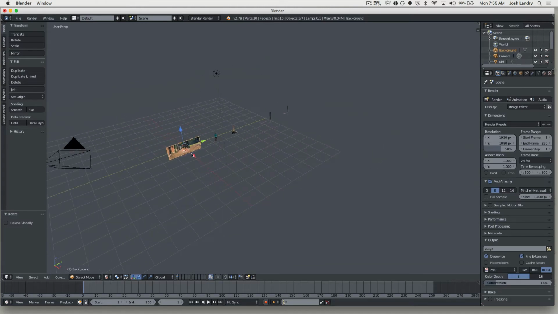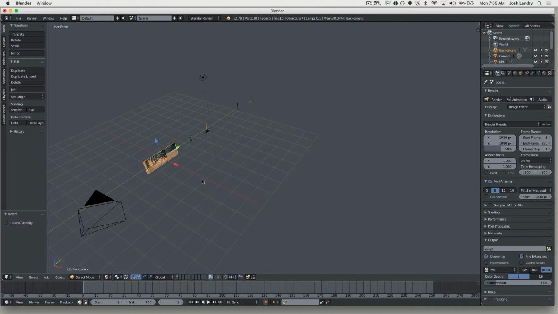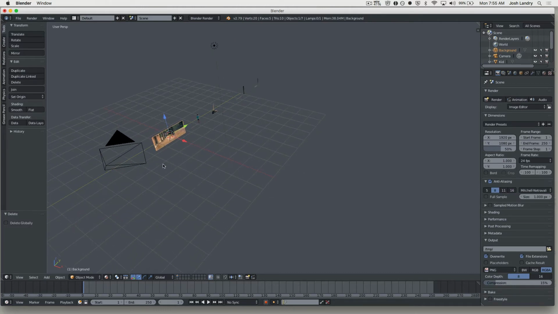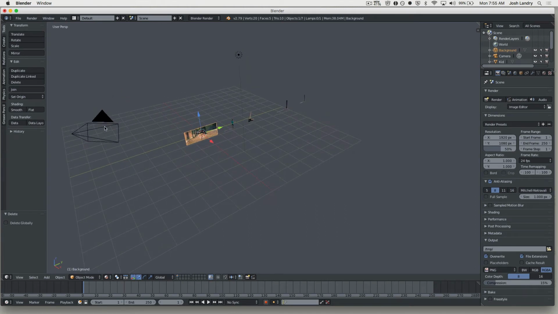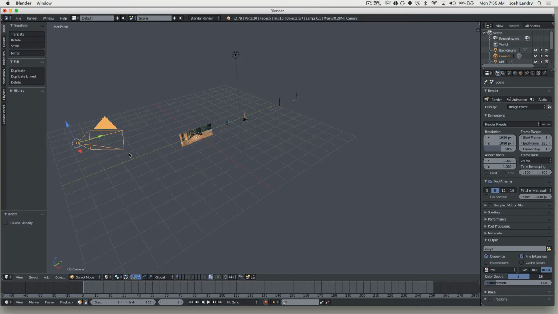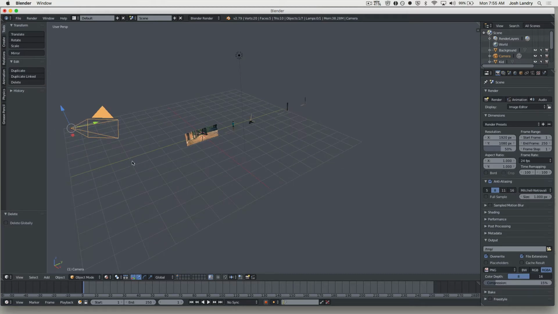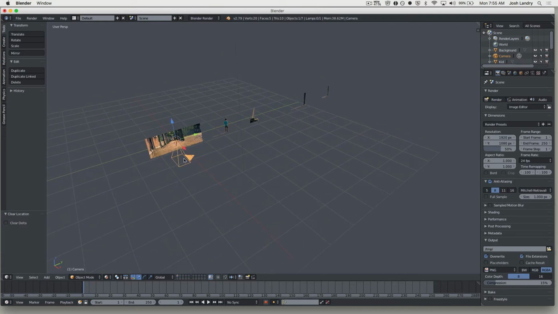Okay, so everything is facing the positive X direction. You can see the red axis. So what I'm going to do is get my camera set up first, and then get my images pulled in. So I'm going to right-click and select my camera. I'm going to reset its rotation and reset its location. To reset its rotation, I'm going to press Option R. If you're on a Windows computer, that would be Alt R. To reset its location, I'm going to press Option G,